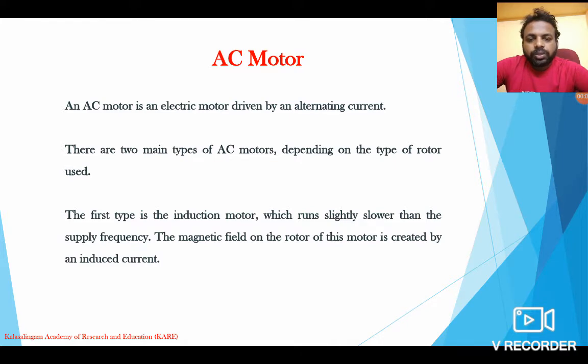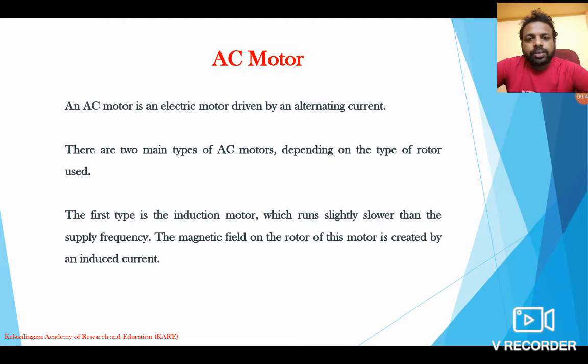In the previous videos we had discussed electrical drives. In continuation with this, today we're going to discuss what an AC motor is, what the components in it are, and the working principle of AC motors. In the last video we had discussed the working, construction, and types of DC motors. The AC motor also works on the principle of Fleming's left hand rule as well as Faraday's law of electromagnetic induction. I just want to revise these things.